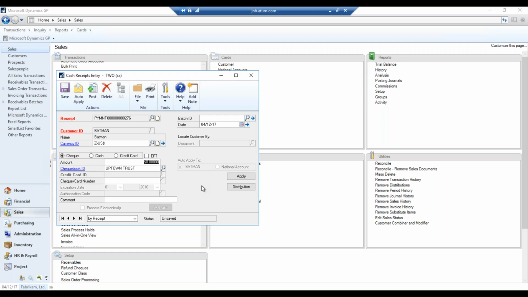Now, over here, I can enter the amount that I received on my check. In this case, I've got a check, so let's just say I've got $100. I can select a checkbook ID that I want to update, as well as the check number that was used to pay. So let's say they pay me with check number 0100, and my comment is payment for